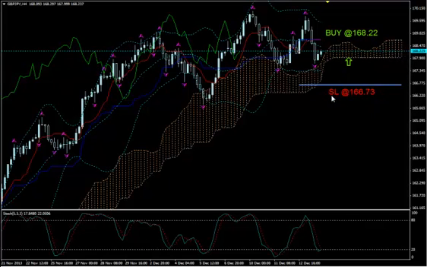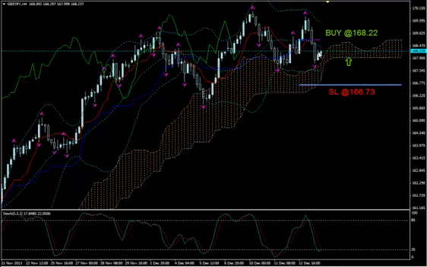You can place your stop loss about 150 pips away from your entry at 166.73. The first take profit target, because it's going to be a very big move upwards, should be placed close to the upper Bollinger band on the H4 time frame,